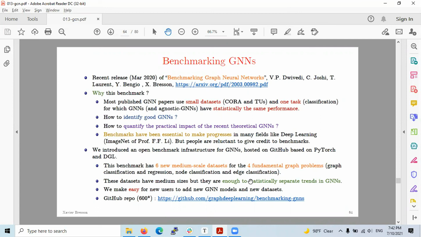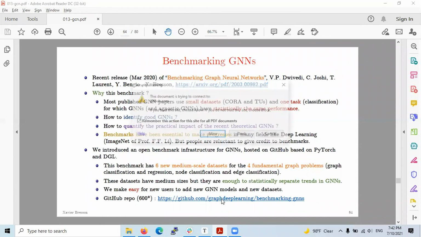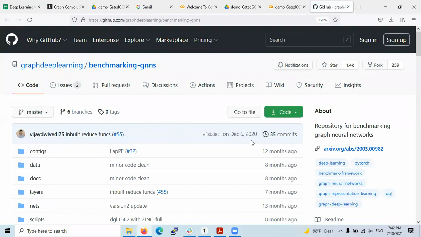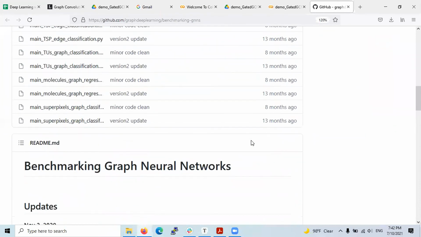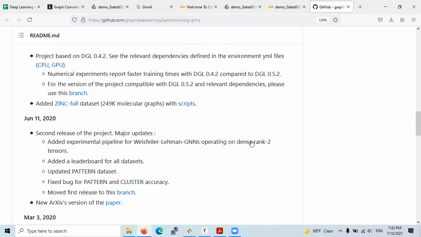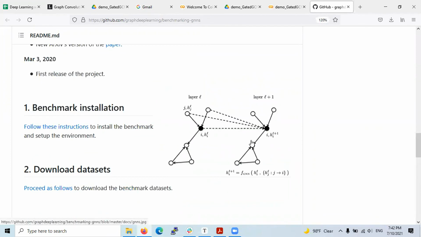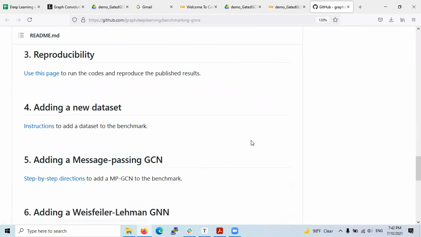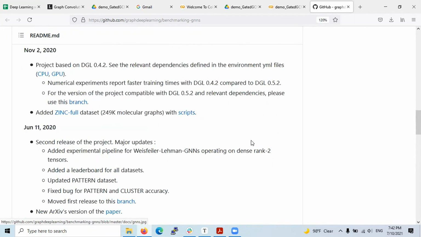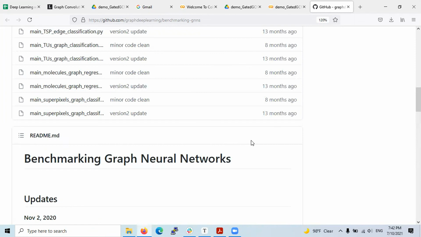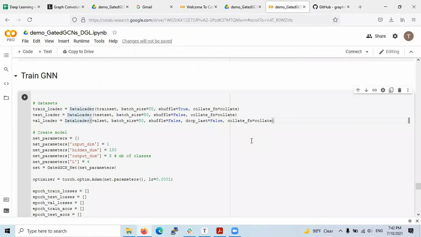Okay, and then there is also a GitHub repo regarding the benchmarks. We can just go through it, about the benchmarking. This is a new kind of ecosystem developing for graphs and graph convolutional networks and benchmarking of it. So probably this is just the beginning of it, and it would see much more growth going forward.